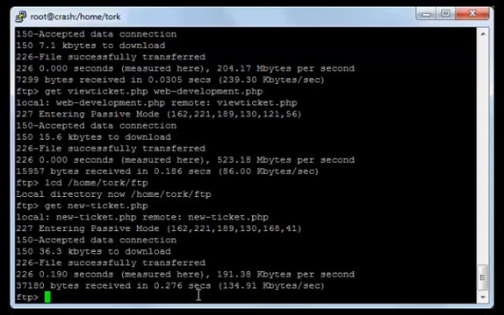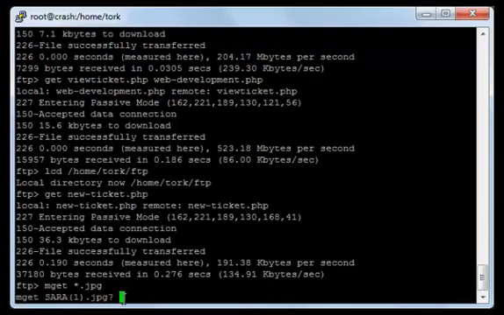Of course, you can use a download command to download all files with a particular extension. For example, you want to download all of the files that end with JPG as an extension, so you will type mget and then space star.jpg, and this will download all of the files that end with the extension JPG. Press enter,